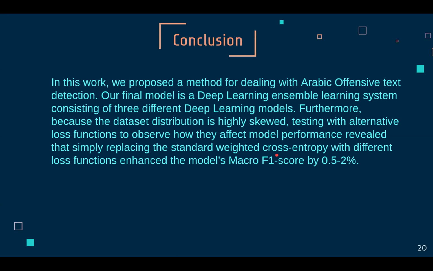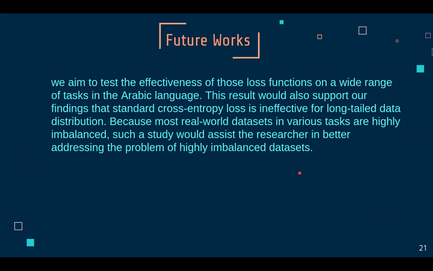There are a lot of loss functions. We tried a different range of loss functions. These loss functions enhance the model macro F1 score by about 0.5 to 2% for different models. For future work, we aim to try these loss functions with different tasks, like machine reading comprehension. Machine reading comprehension actually suffers very much from the data imbalance problem,